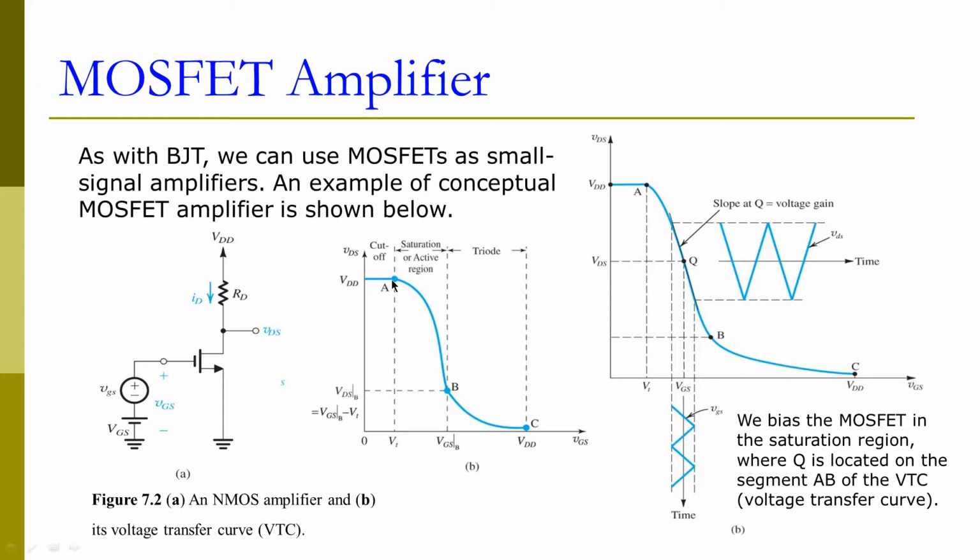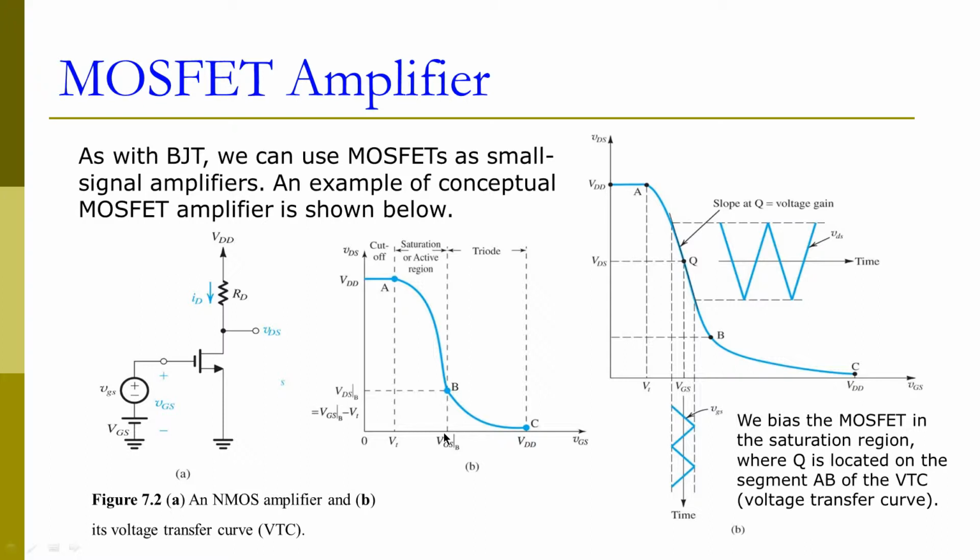If we continue to increase our VGS above the threshold voltage, then we are going to go into the saturation region. In the saturation region, we are going to see a drain current. Once we have a current, the current will cause a voltage drop across the RD here, and this voltage drop will reduce our drain voltage. From this curve, we can see the voltage at the drain was slightly reduced when we increase our gate